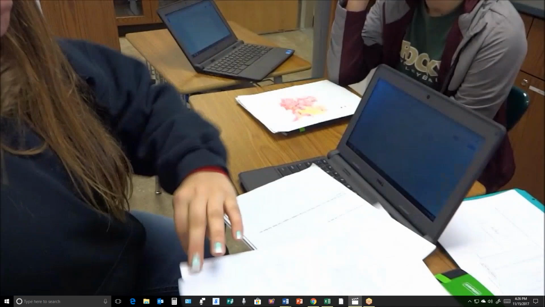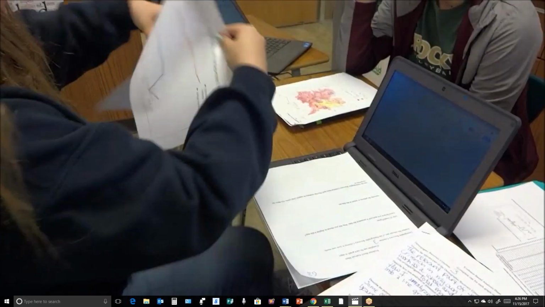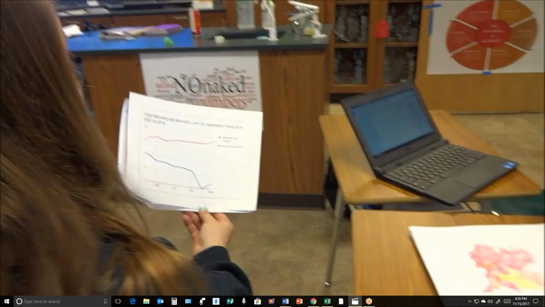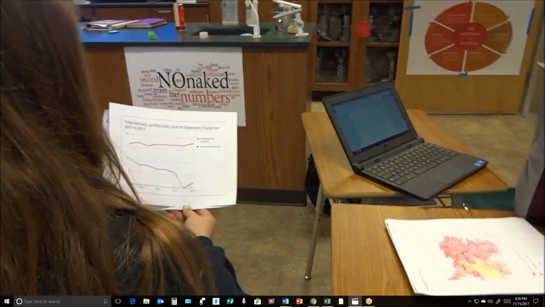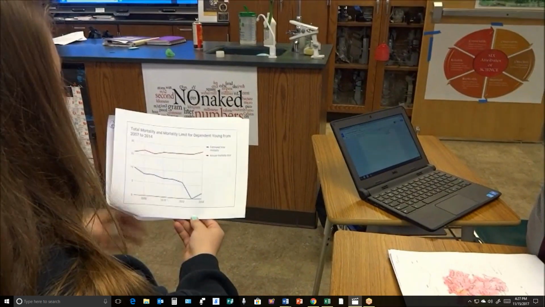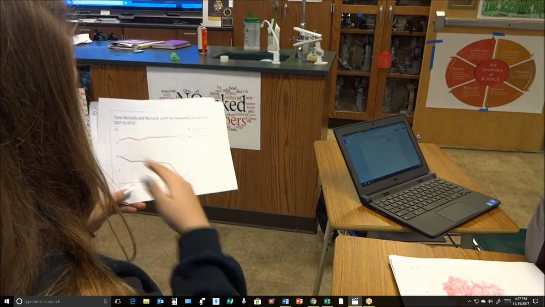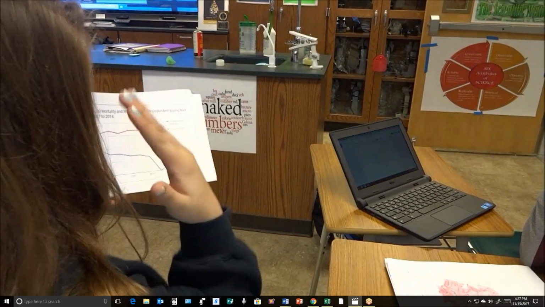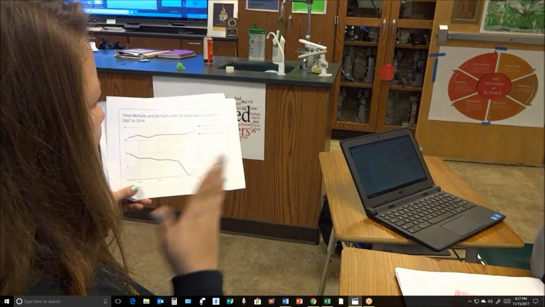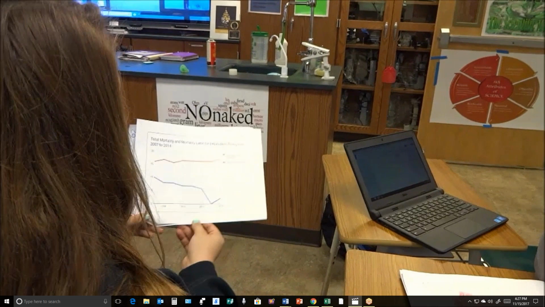And then in graph 2, the total mortality for all those years, the estimated total mortality was going down for a while, and then it dropped one day and started going back up. And then the annual mortality was